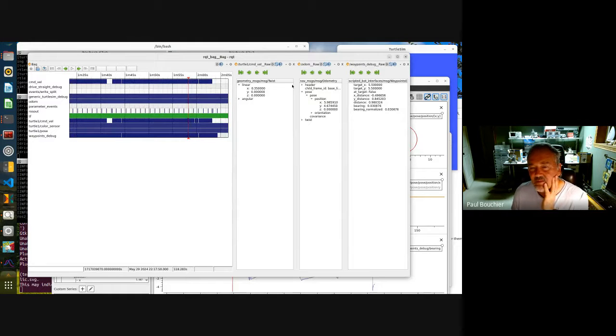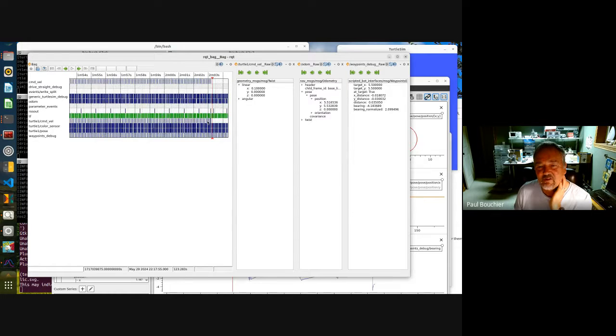And you can see that the waypoint debug message has an at target as false. But a little ways down the bag file, at target becomes true. So that's pretty interesting. What happened around that at target? What were the values of CommandVal and X and Y when that happened? So we can zoom in,